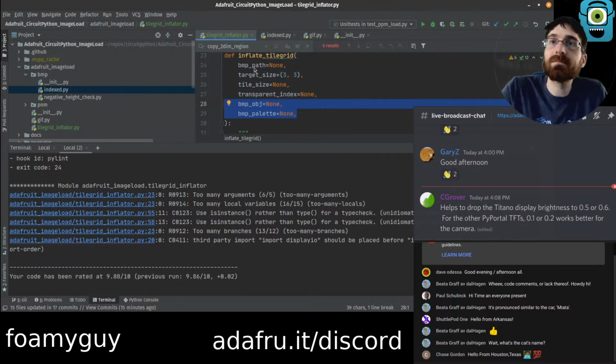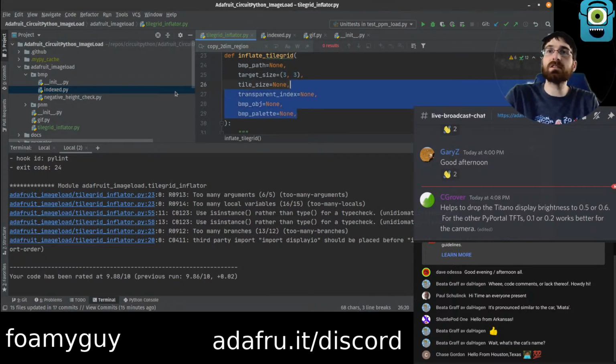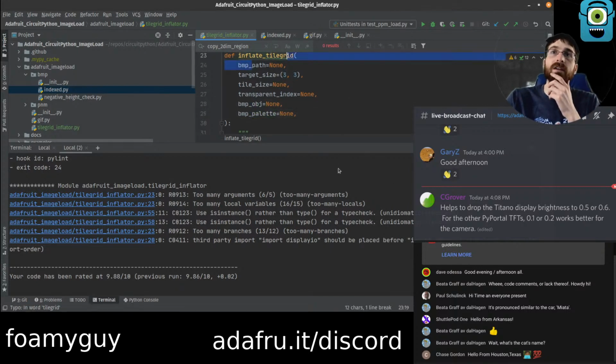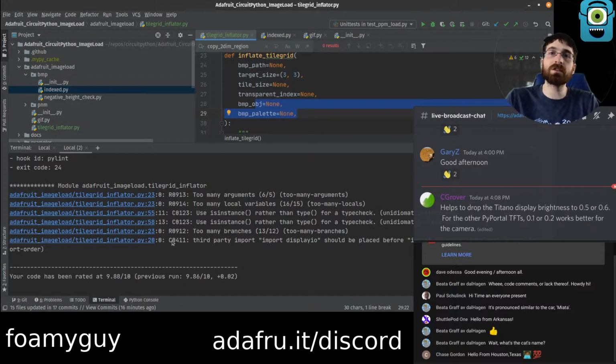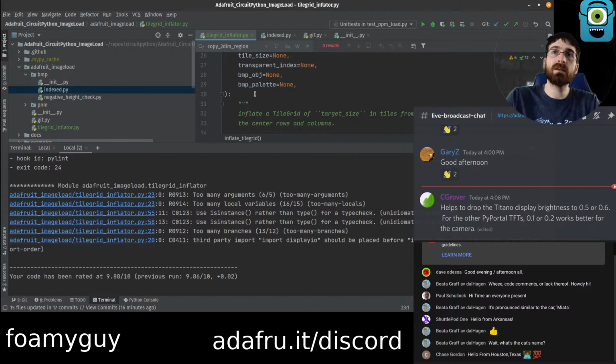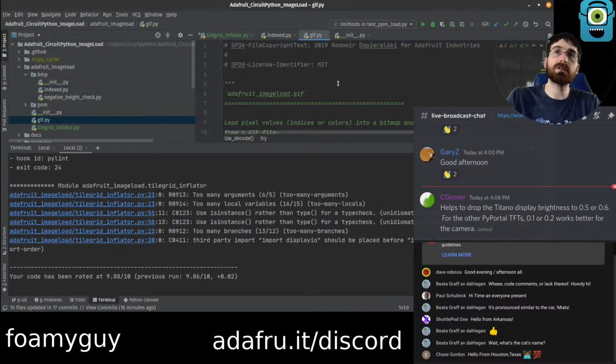I don't know. I like the versatility that this offers, being able to pass in your bitmap object and your palette separately, rather than only doing your path. Because if you want to manipulate them further, like before you put them into here, then you'll be able to do that this way. So I kind of like keeping them. So I think I'm going to keep them and just do a pilot disable on here, which I don't know the syntax for, but we saw one earlier.